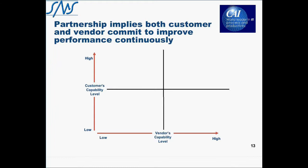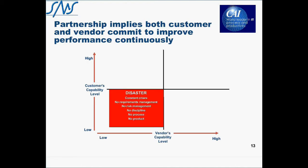Here I've got a chart with, on the x-axis, the vendor's capability, low to high, for instance, measured against the capability maturity model for the sake of argument. And similarly, on the vertical y-axis, we've got the customer's capability level, low to high. Now, if both parties are low maturity, low capability, the odds are that there's going to be a level of crisis